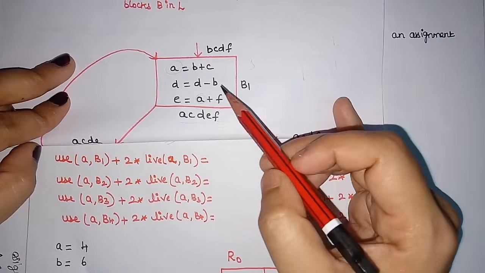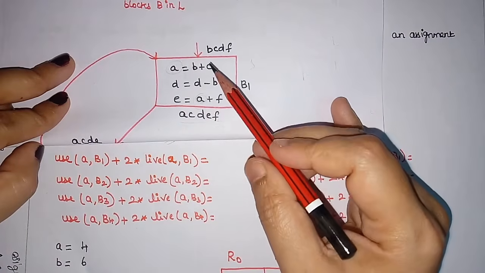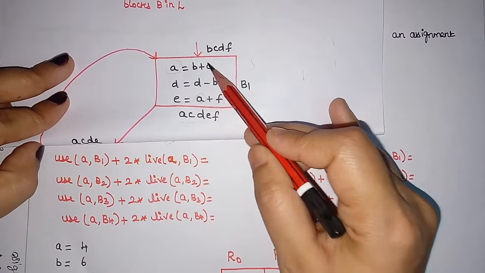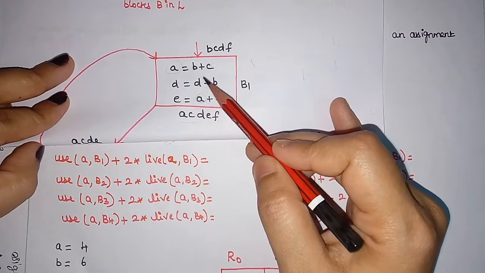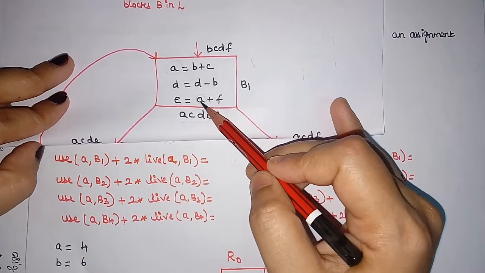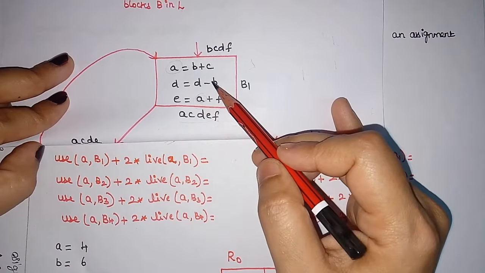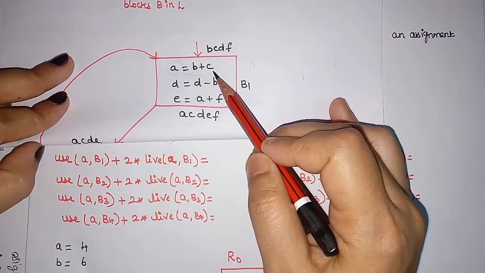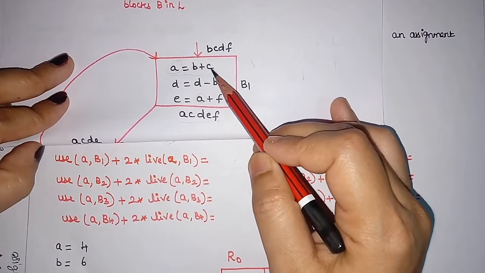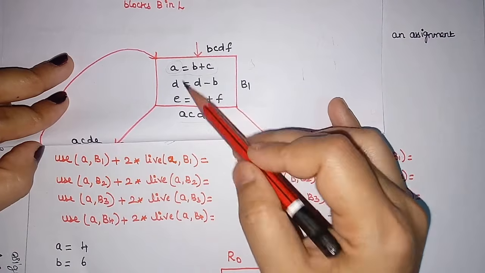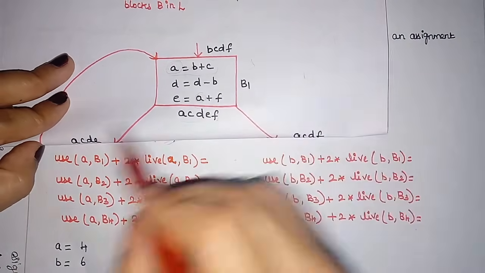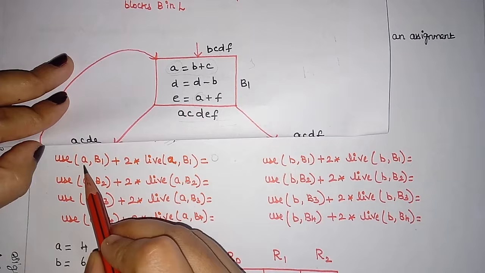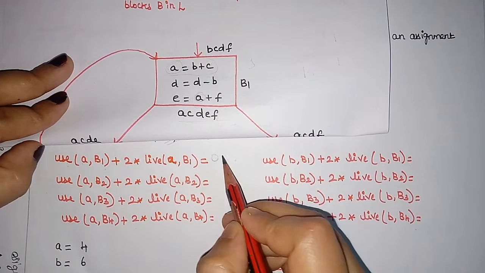And what is the next condition? This a value should not be assigned with any other value. So when you look at the two statements preceding this statement, we have to look whether a is assigned with any values or not. Here you can see in this statement a is assigned with some values. So here we cannot take this variable a that is used in this block b1. So we should assign 0 to this function. So now the value is 0 for this a comma b1.